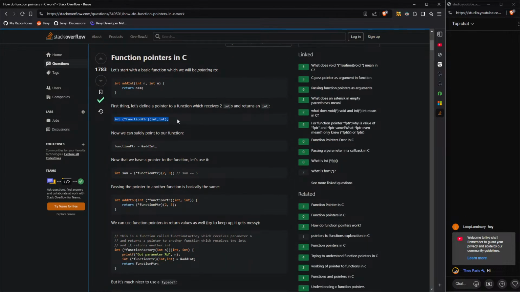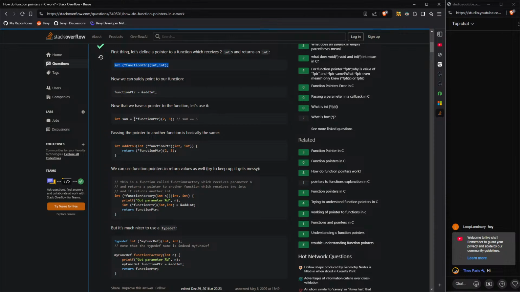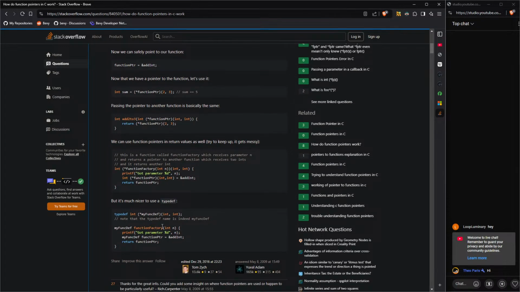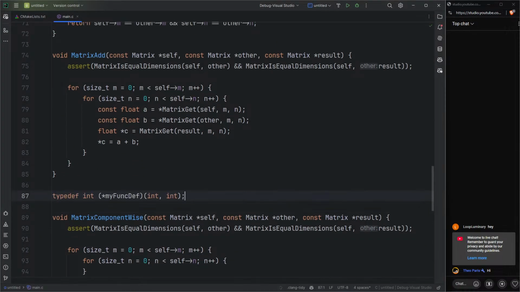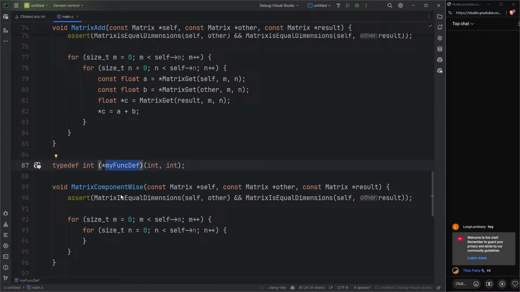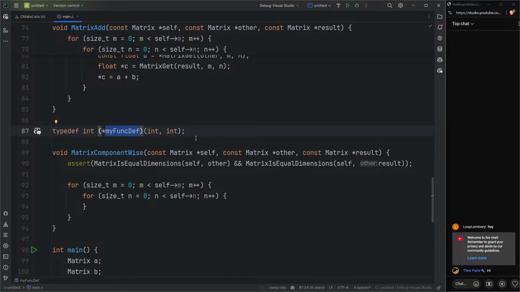So you do it like this, I think. Function pointer. No, I think there was like a typedef thing. There you go, exactly. So you'd say typedef, and it would call this function pointer or whichever. I think so. Let's call this, I guess,